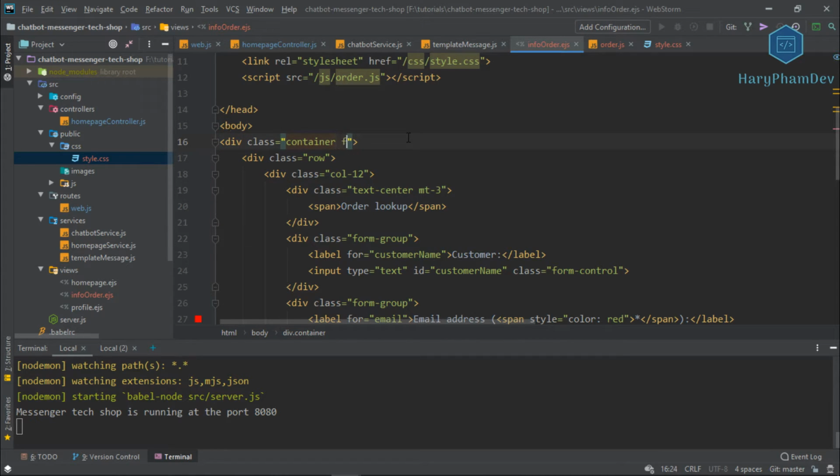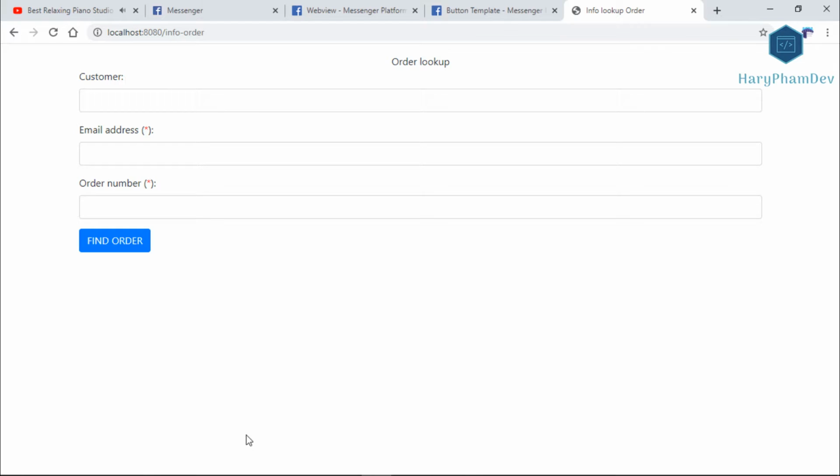And I add a new class for the container. Reload our page. Now you can see we have a footer below the form, but I want to make the